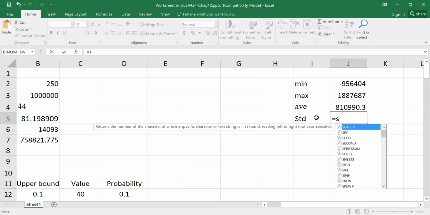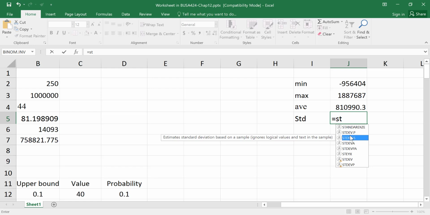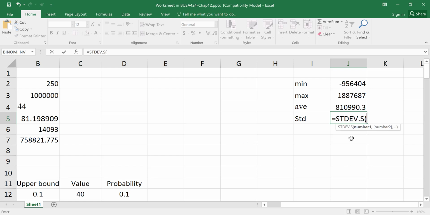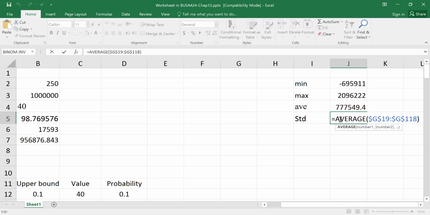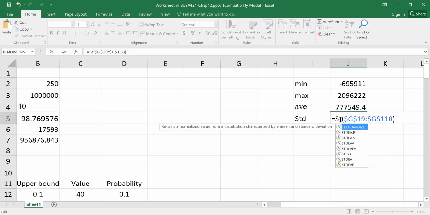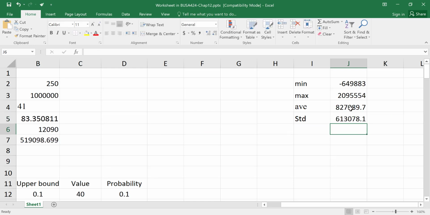For the standard deviation, we use the standard deviation of the sample, STDEV.S, and then all the values that we have. Then STDEV.P for the population, so this is the mean of the values, this is the standard deviation,